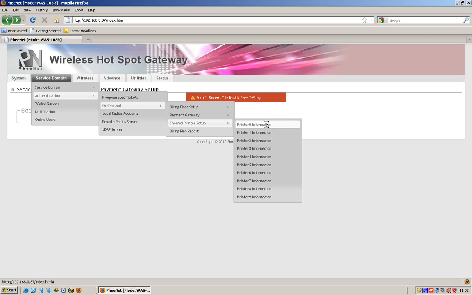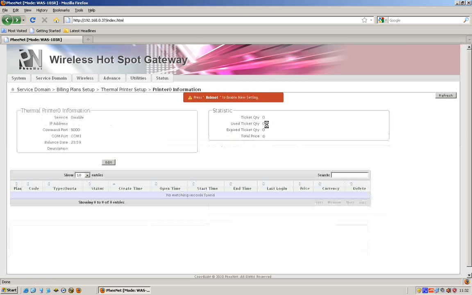Now I just click on here, printer information, and this is where we set up the details for the printer. Now what I'll do is show you how to actually set up the printer side, and then we'll come back to transferring that information over to the WAS